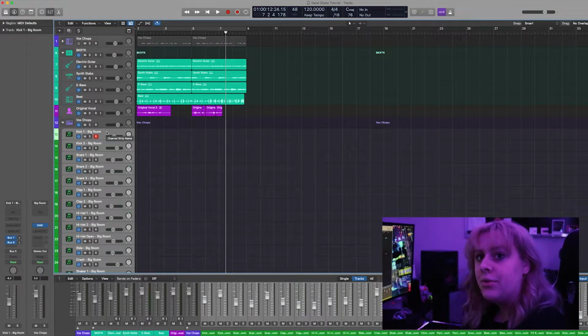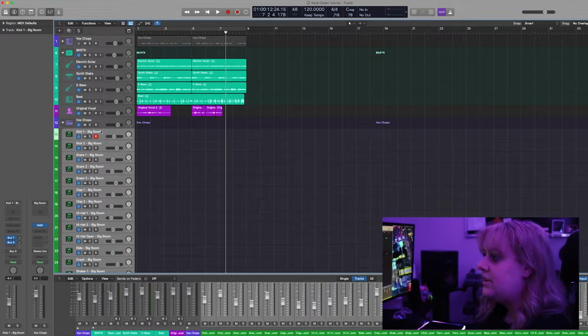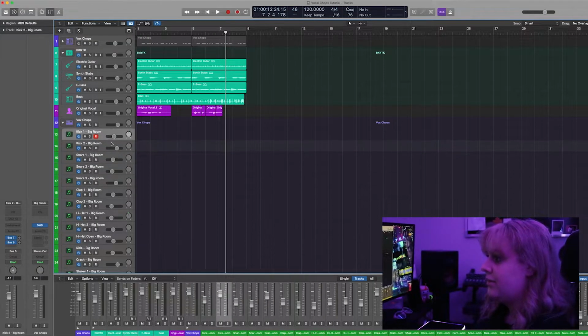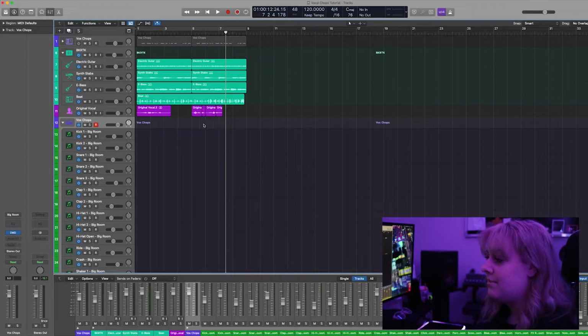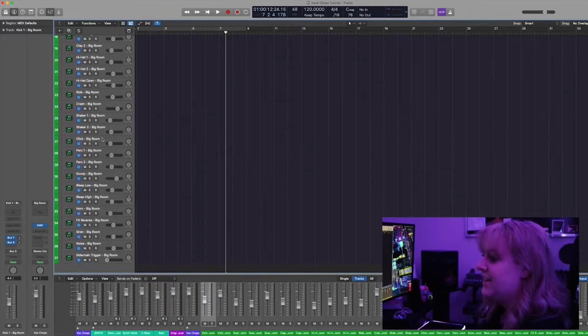But the routing is cool so that if I wanted to create MIDI notes in each of these individual software instrument tracks, I could, but I can also just create one piano roll region that triggers all of them. So you'll see more of what I mean once I actually do it, but since it's annoying,